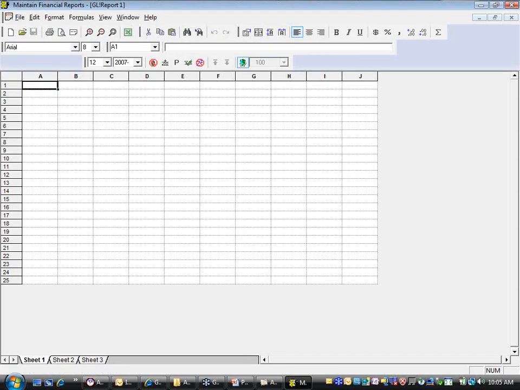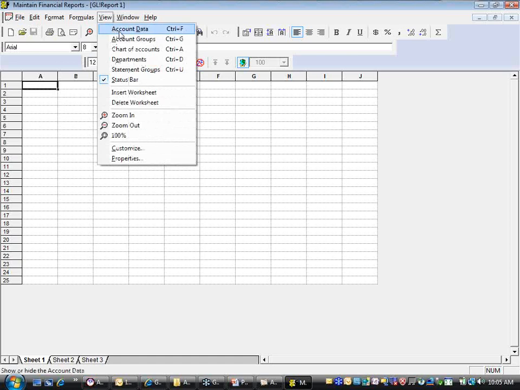So in the basic session, we take a look at a number of the different groups and menu options under the View menu, the different types of account data that you can report on, your chart of accounts and your list of departments if you use those, and also statement groups, so that once you've created your financial statements, you can organize them in such a way that you can send them all to the printer in one print job rather than select and click and select and click, or also export all of your financial statements into a single Excel spreadsheet, a book with